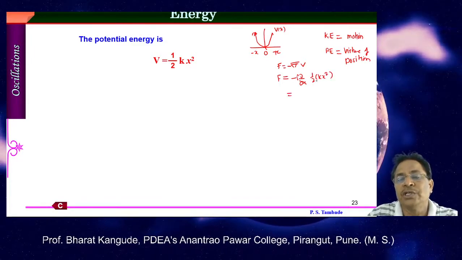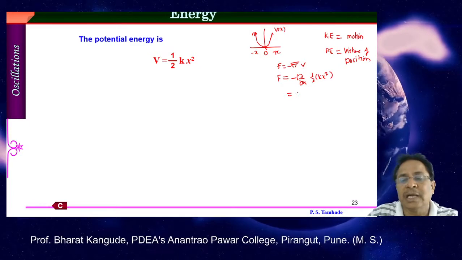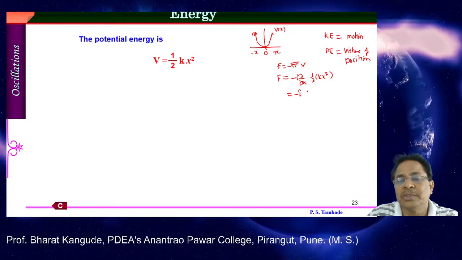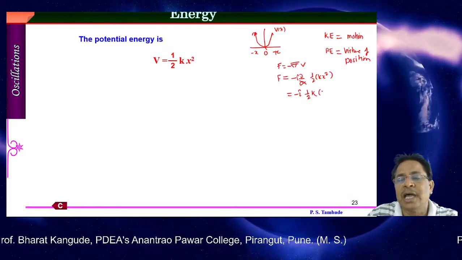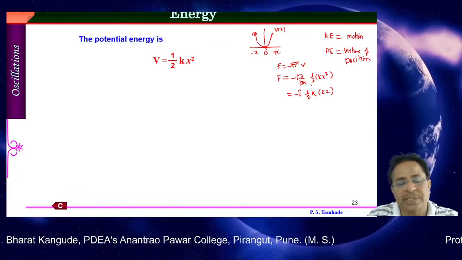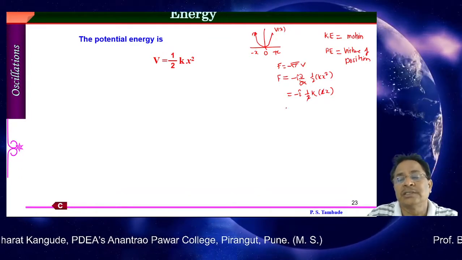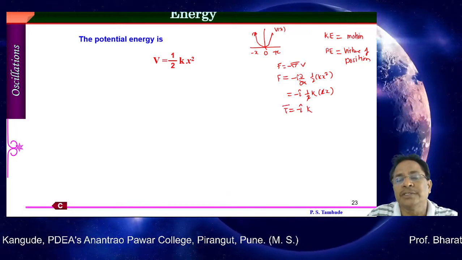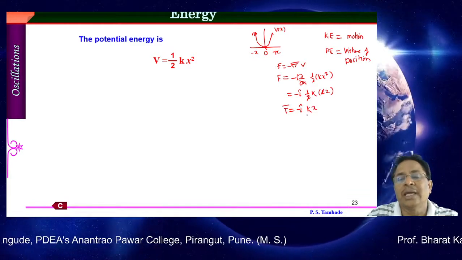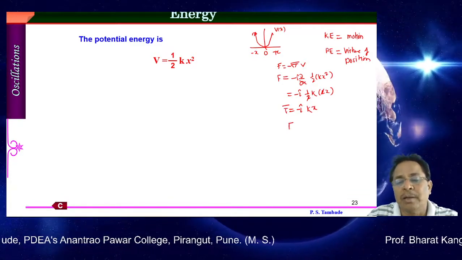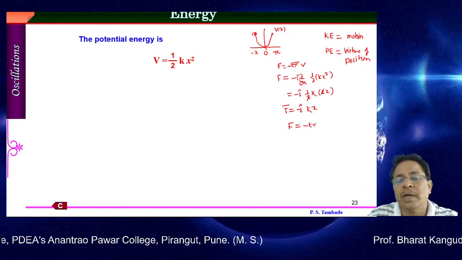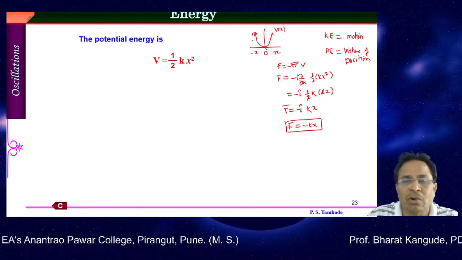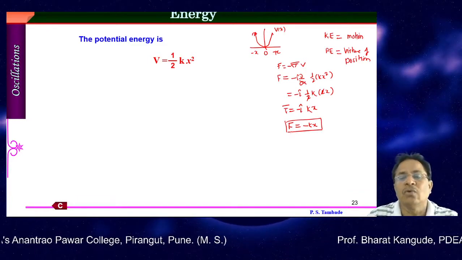Now taking the differential of this with respect to x, I'll get a minus sign there, i cap is the direction, and the differential of this will be 1/2 times 2k, and the differential of x square with respect to x is twice x. So this gets cancelled, and we get the force, given by F bar, if the direction is taken, equal to minus i cap k x, or numerically F is equal to minus kx. So from this equation, going in reverse, we can go from this force to the potential, or from the potential we can go to this type of force.